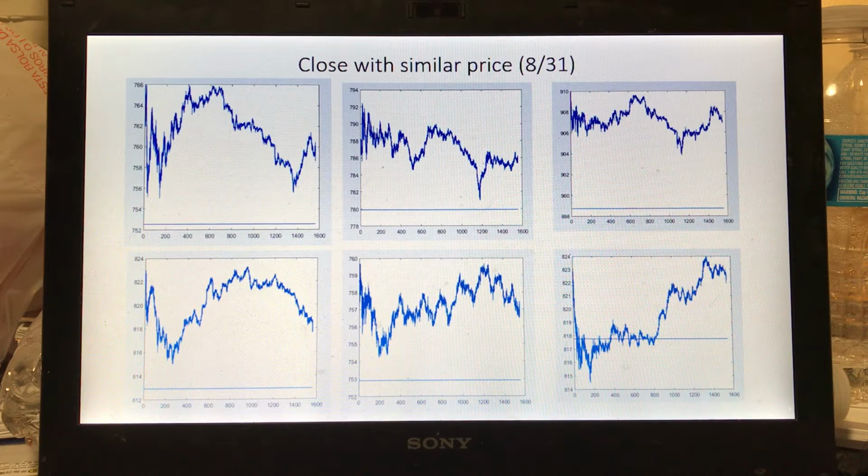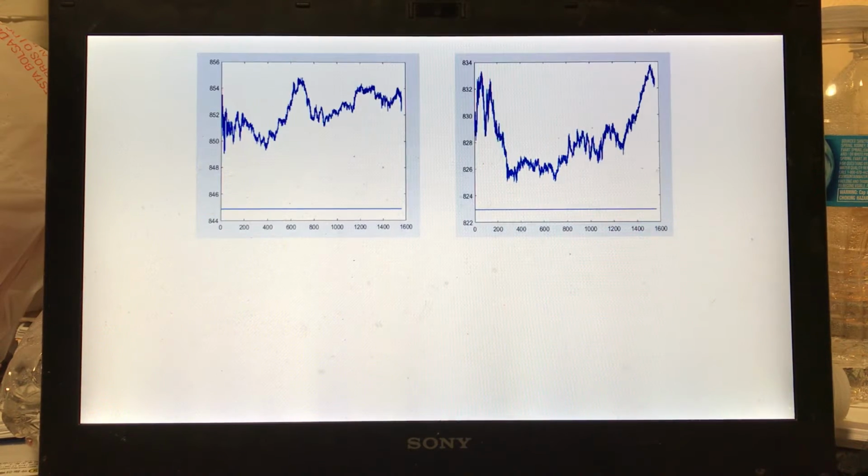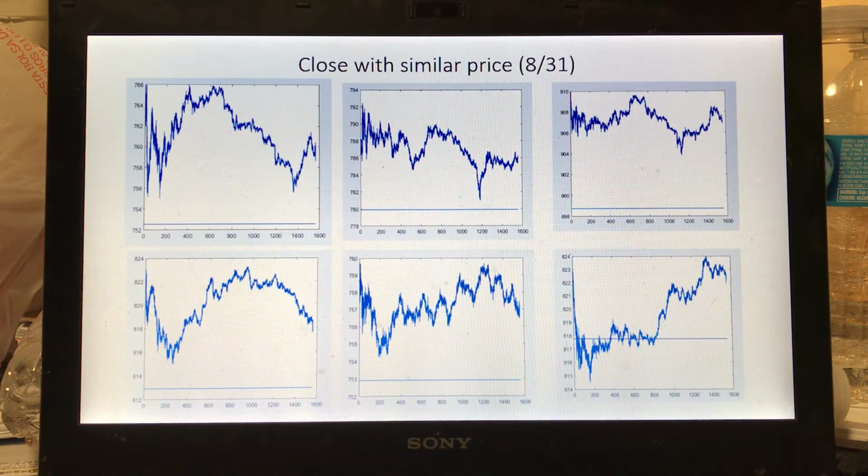And among these 31 cases, there are 8 cases that the stock closes at a price similar to the previous trading day. And we can see that in this case, the stock becomes much more volatile, and much less predictable. Please take a look at these 8 stock graphs and make sense of how their behavior should be.